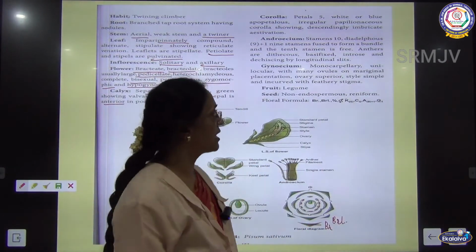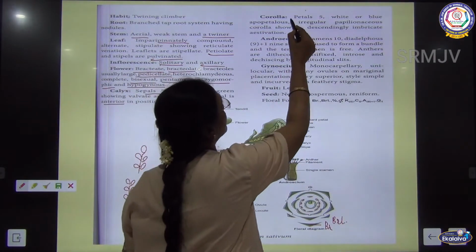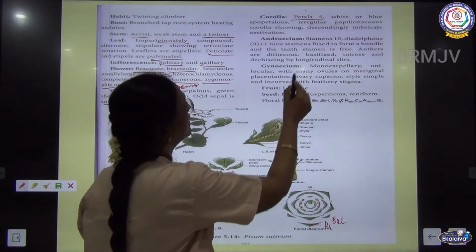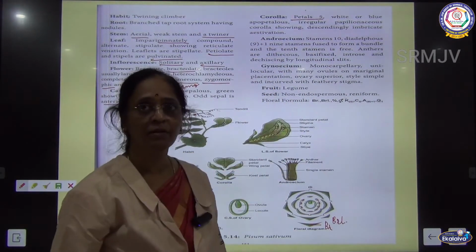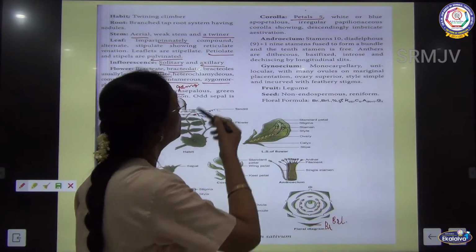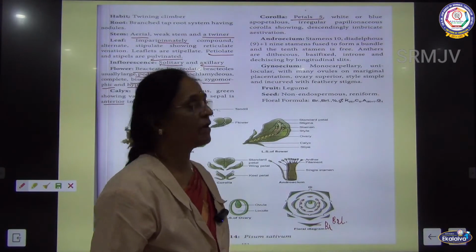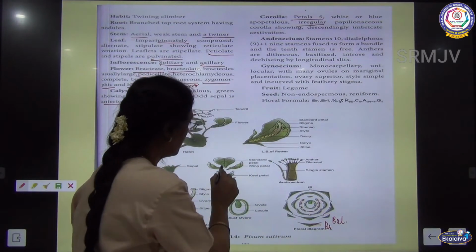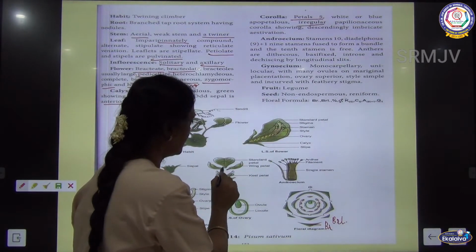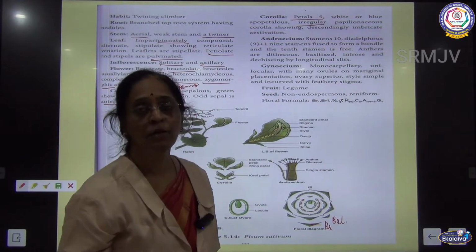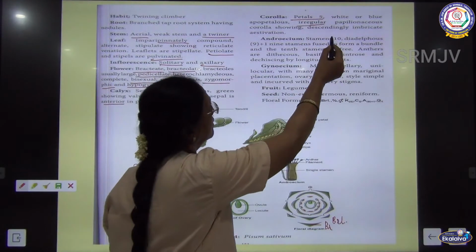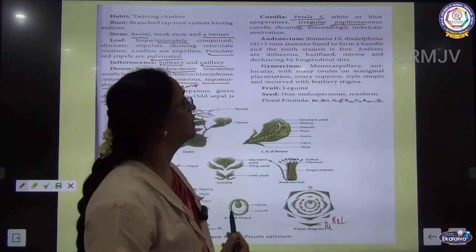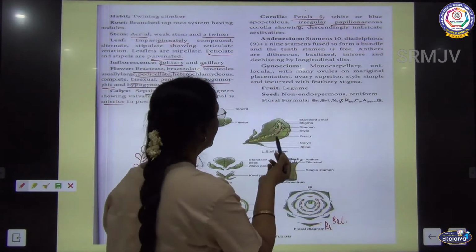And when it comes to the corolla, as we said, it has 5 petals. So you can find the 5 petals which are there. Either it may be white or blue. And apopetalous, apo is free. And then they are irregular. You will find a very large standard petal, 2 wing petals and 2 keel petals. So they are irregular. And this kind of corolla is called papilionaceous corolla, with imbricate aestivation.